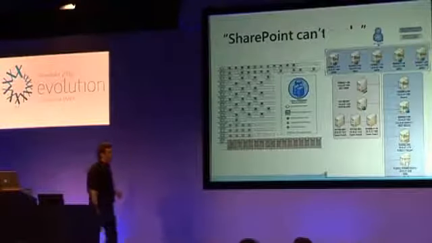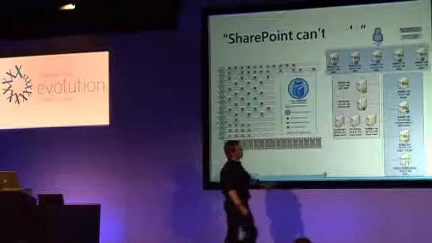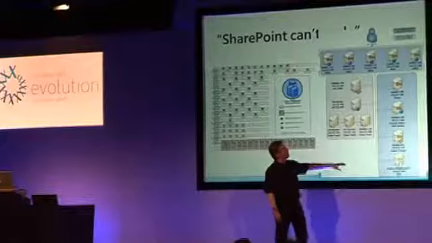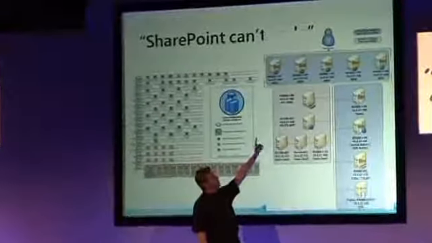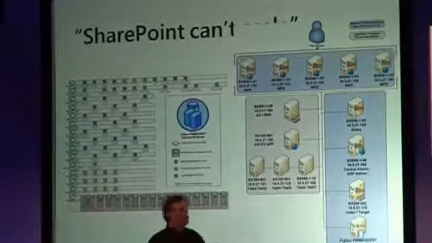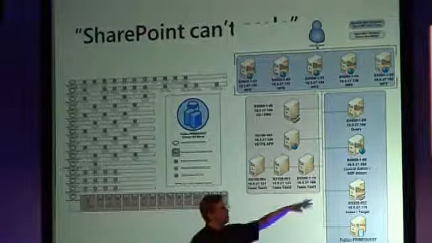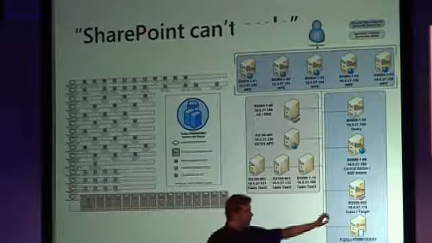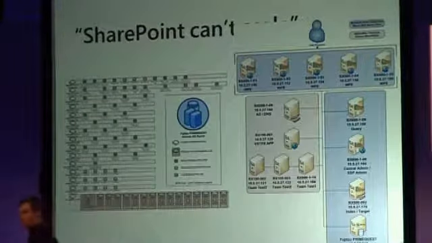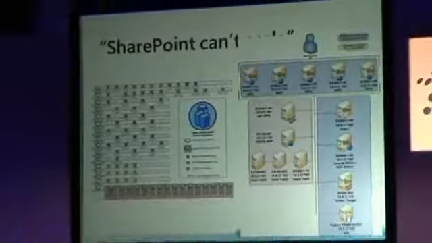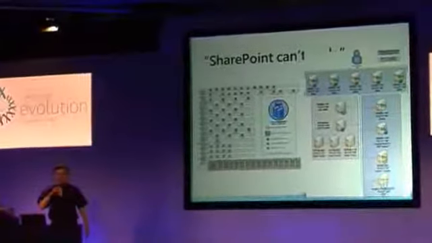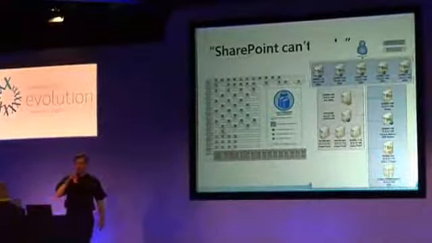And there's a slight mistake on the diagram, but basically, ignore this box. This is the test kit that was done for the case study. We have 5 web front ends at the top. We have 1 query server, because this is an input-heavy environment. We have a machine running central admin, an index server, and we have a SQL infrastructure. So not that many boxes for 5 terabytes of content with some pretty impressive load times. And we're not talking about Word documents with 1 page in. We're talking about engineering diagrams here, TIFF images.